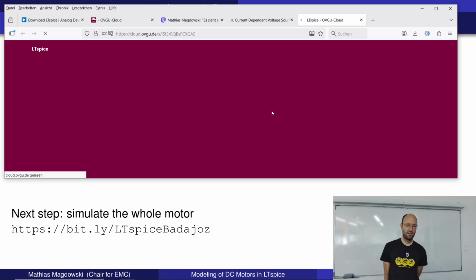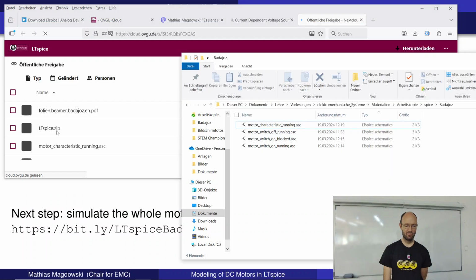I've also opened up the folder here on my computer already. Okay, and so there you find the slides. You would also find an older version of LTspice that you can just download and run on a computer where you don't have administrative rights. And then there are 4 models